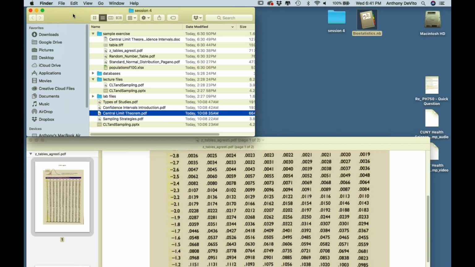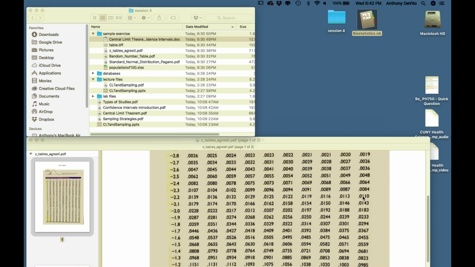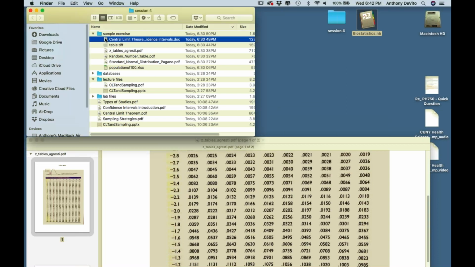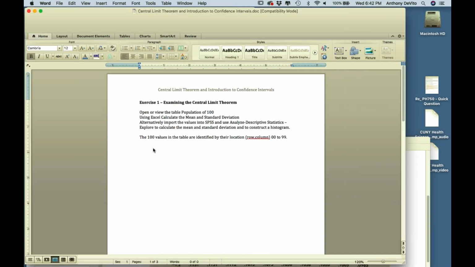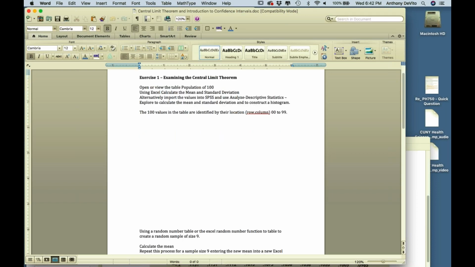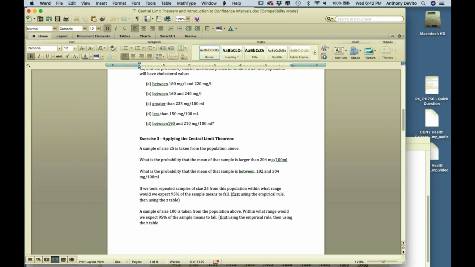It's going to make more sense to you if I actually demonstrate it to you. To that end, there's a document on Blackboard called Central Limit Theorem Confidence Intervals. I presume you guys can hear me okay? Okay, good. I'm going to open up that document, and it actually contains an exercise that we're going to run through. It's going to take a second to load the picture on mine. There we go. So this exercise is summarized here.